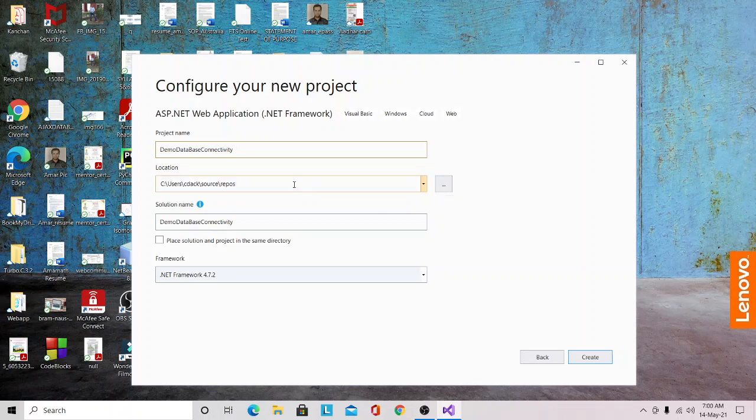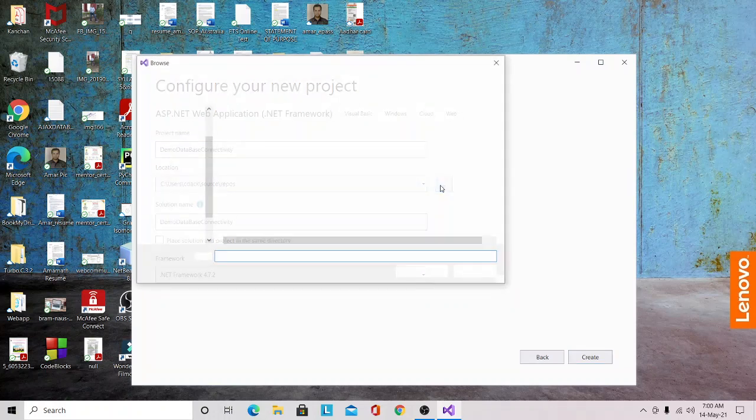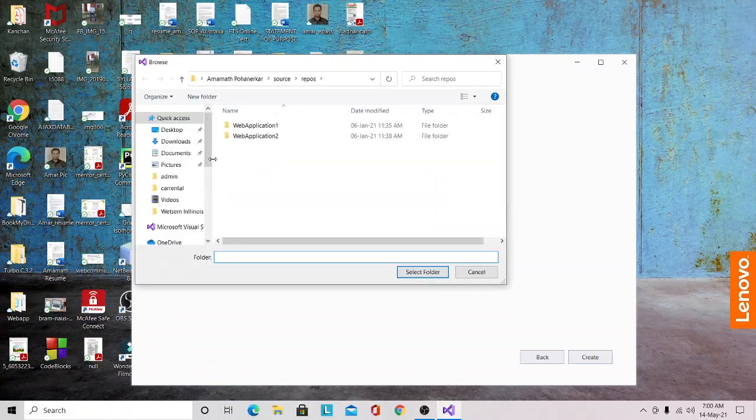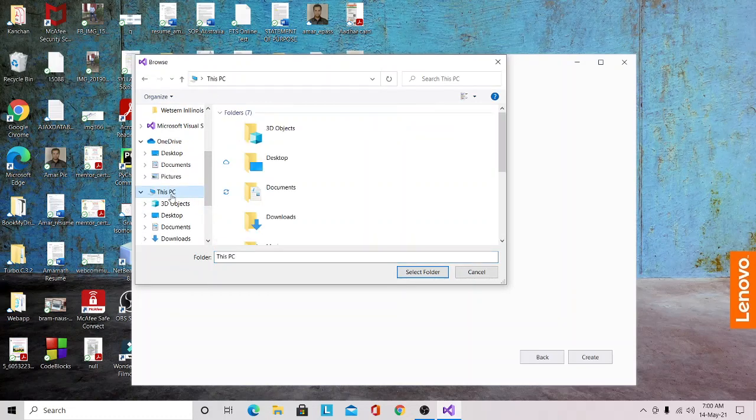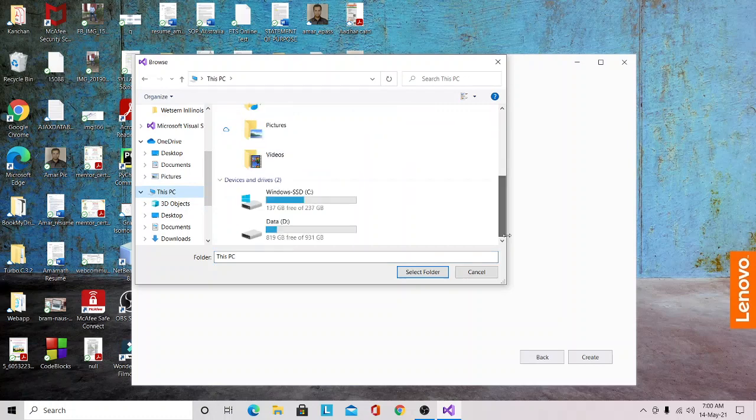So to select the desired location, I will click on this browse. As I wanted to store this project on D drive, I will select D drive. You can select your own desired location. Here I have selected D drive.